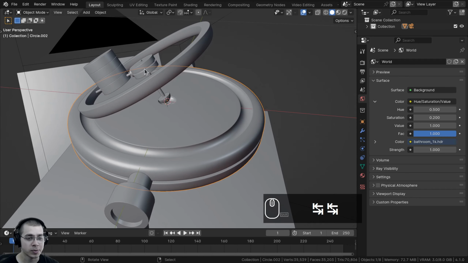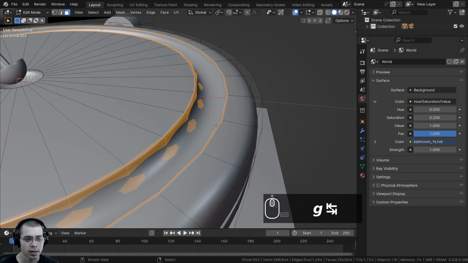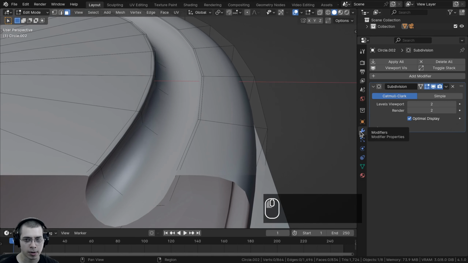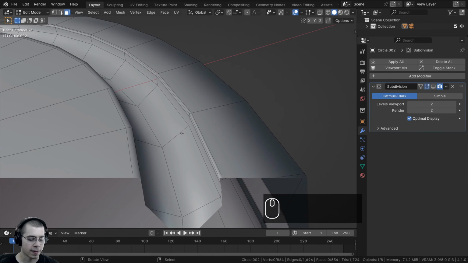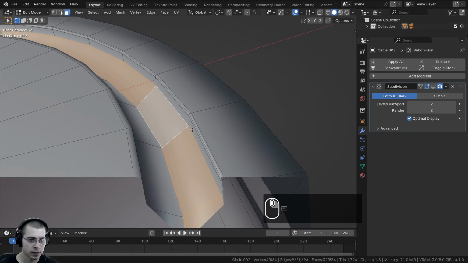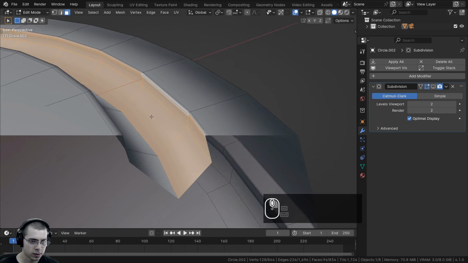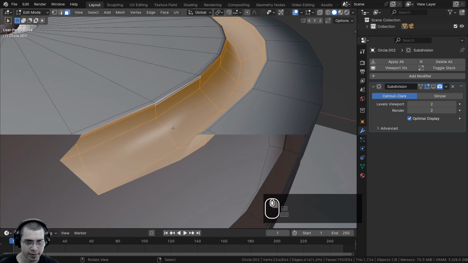So what I now want to do is add the light metal material to some of the other objects. So I'm going to select this big piece here and I'll go into edit mode and deselect everything, and I just want to select the pieces here in the trench. So first I'll go here to the modifier properties and click on the monitor icon to hide the subdivision surface so you can't see it for now. And then I'm going to hold down the Alt key and select that loop of faces, and hold down Shift and Alt and select that loop of faces and that loop of faces and that one and also that one there, and Shift Alt select that face there.